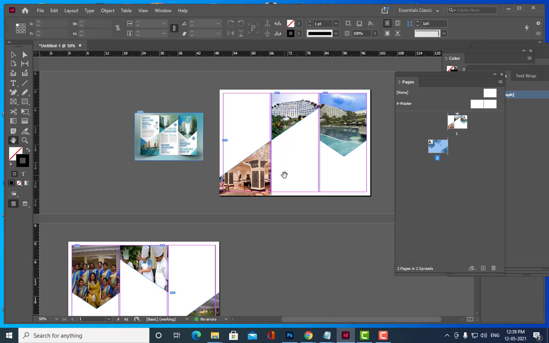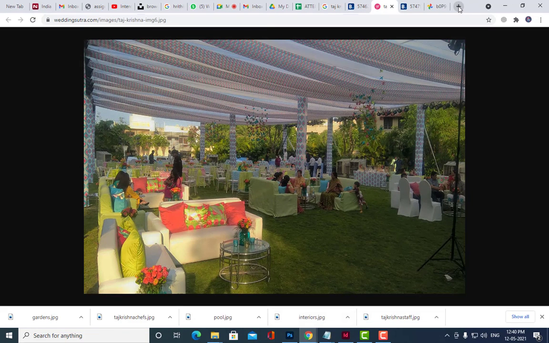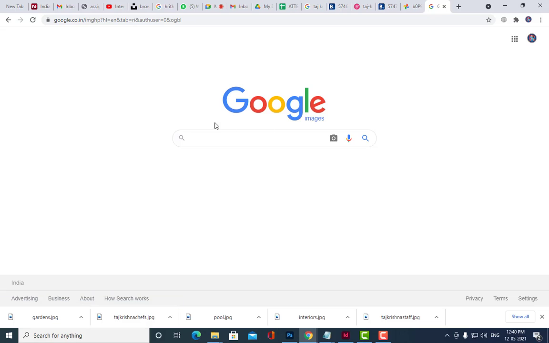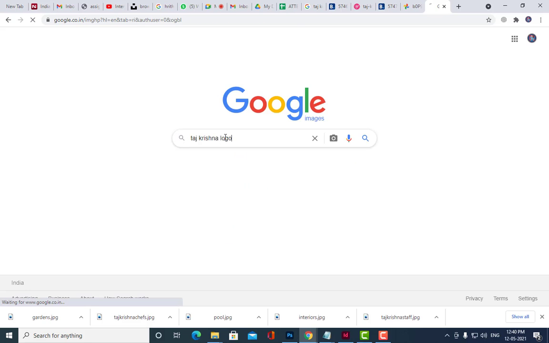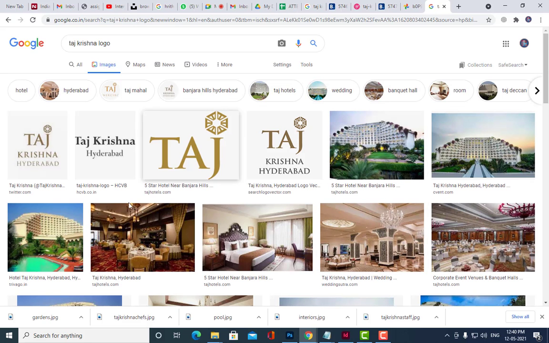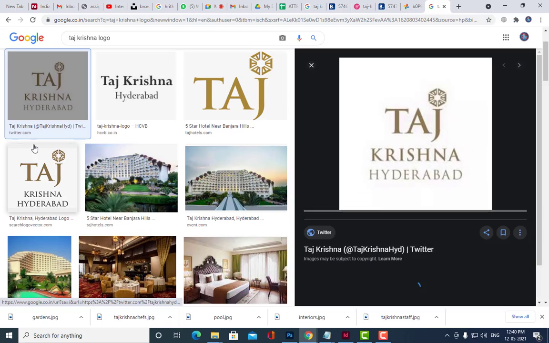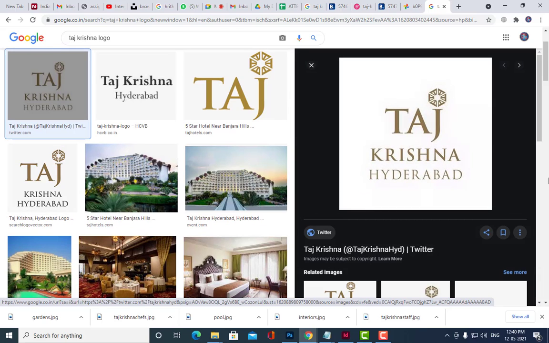So how can we get the logo? We'll go to Google, Taj Krishna logo. Okay, so this is the logo actually.